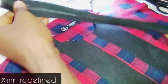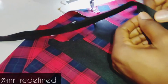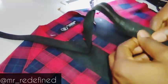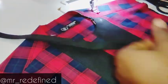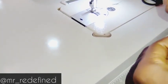So guys, this is my piping. I believe you all must have seen my previous videos on how to make a bias. This is the easiest way you can make your piping come out neatly, right? I'm just trying to open it up to make sure that the gum is not holding the piece so firmly. So I will loosen up the shoulder area the way I made the loose stitch, loosen it up like 1/2 inch or thereabouts, and then start from that angle